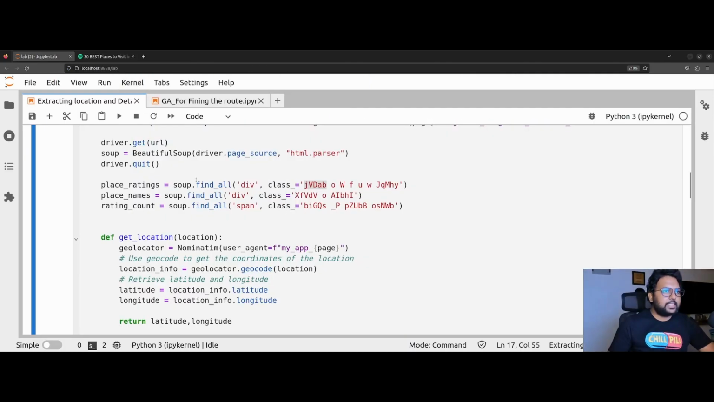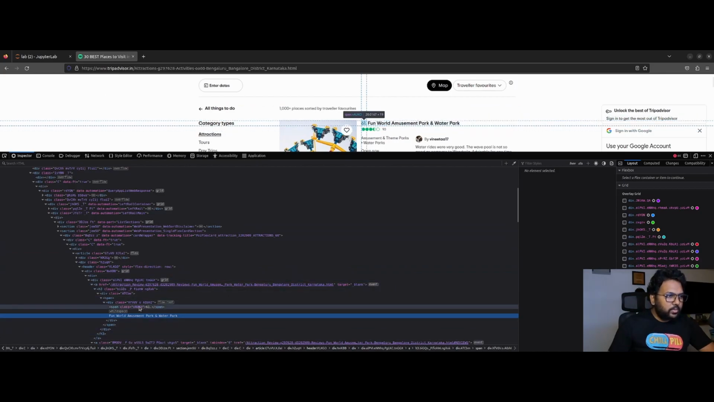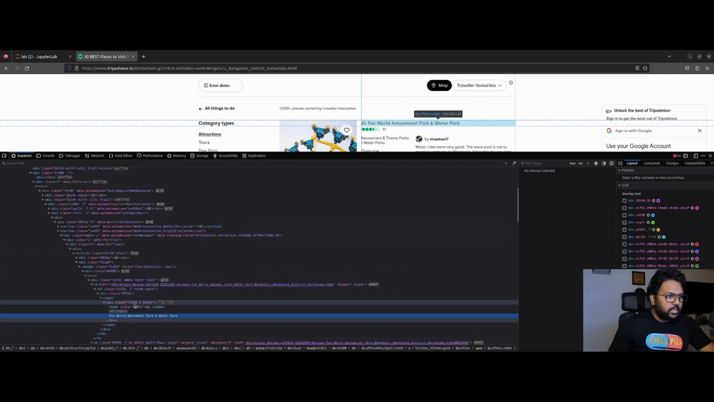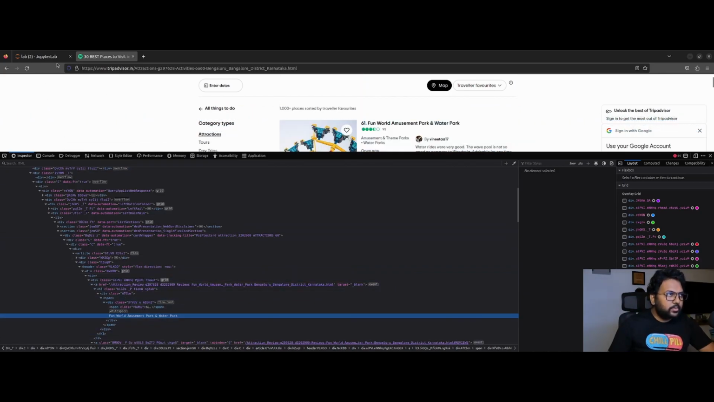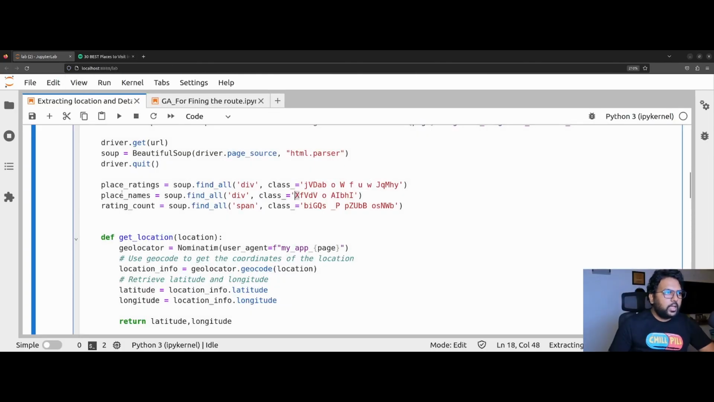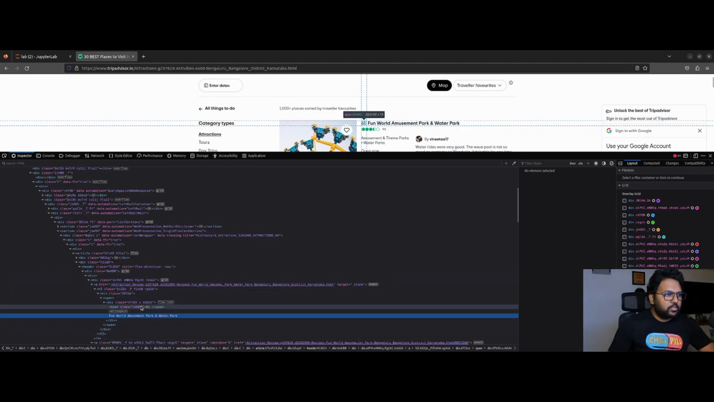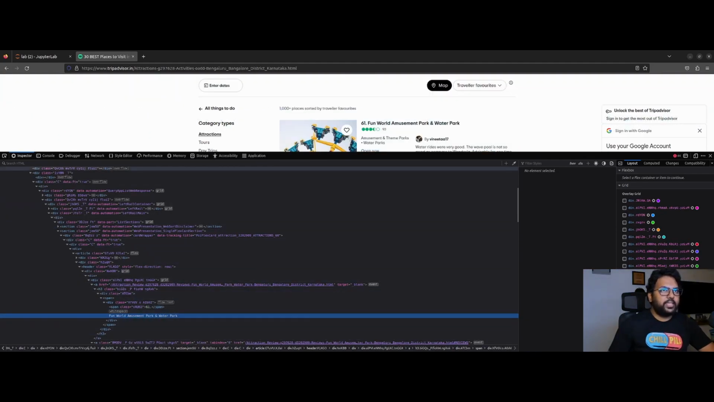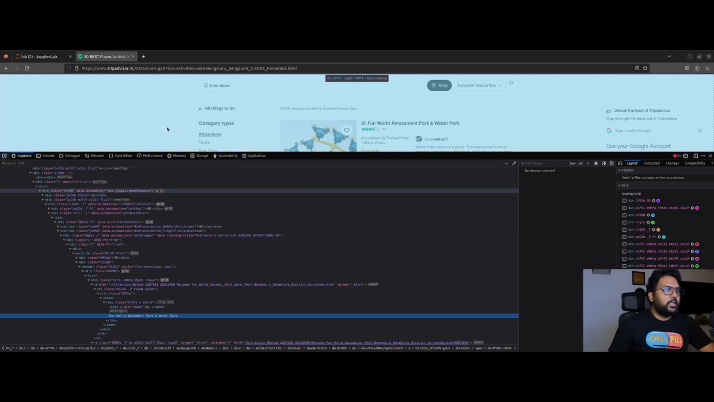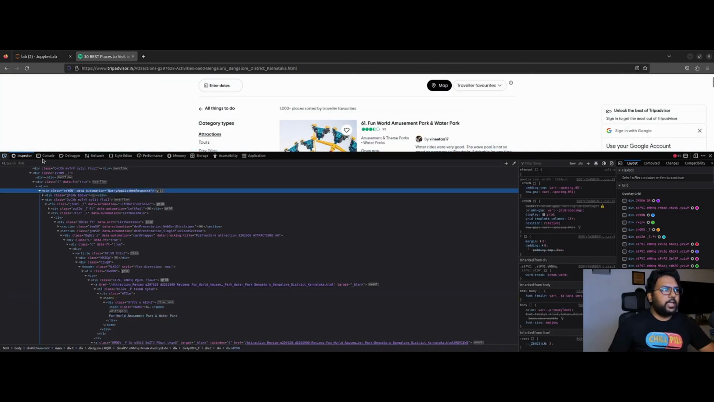That is exactly what we are doing. We have a div and the class is this one. If you look at the class, we might have a similar class. Yeah, I think for the place name, the class is this one. We have a similar class over here. Yes, and inside this class we have this place name, right? Now the same way, if we look at the rating,